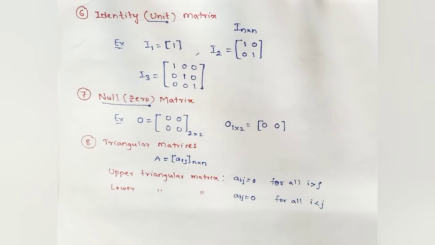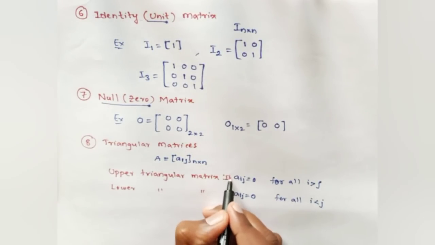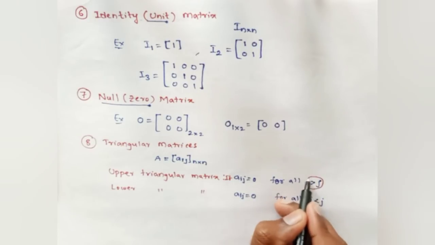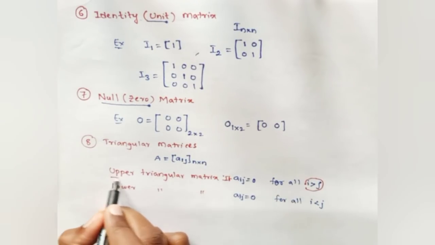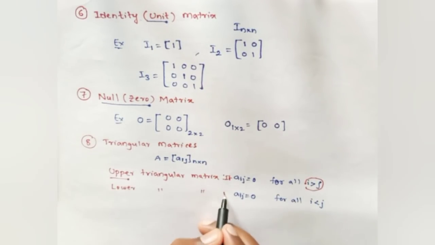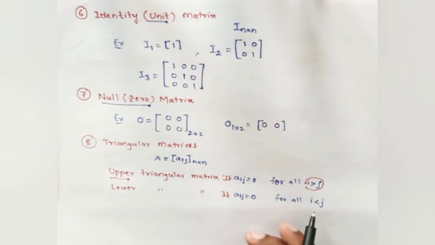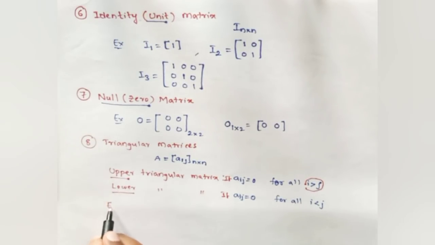If Aij is equal to 0 for all i less than j, we say that it is a lower triangular matrix. For example,